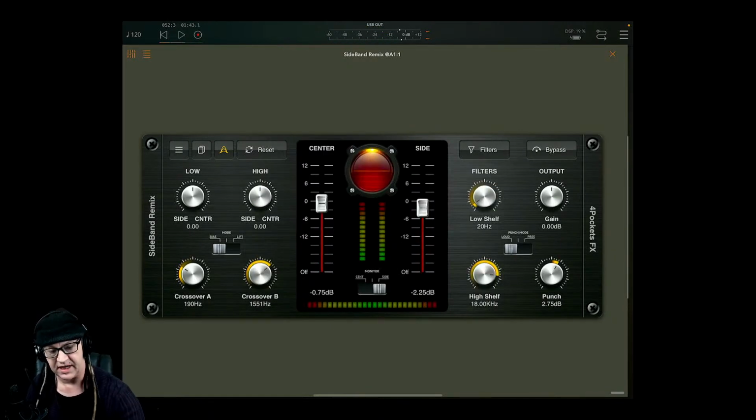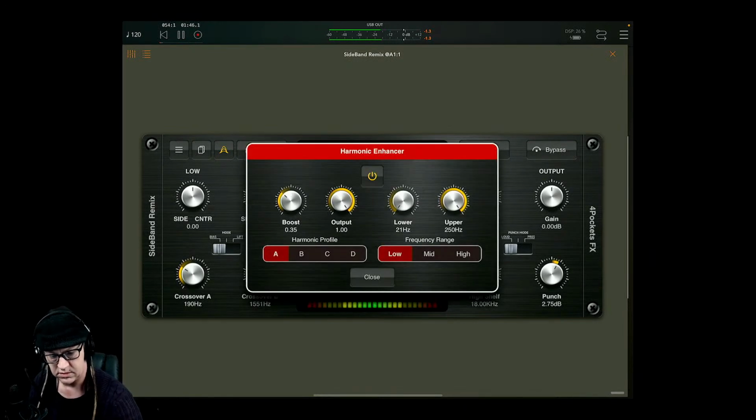So basically, this enhancer up here, when we turn this on, is a really great way just to bring some life to either mids, lows, or highs. So if something's missing in there, just to bring it to life and then tame it back. I'll turn it up for full. You can get your